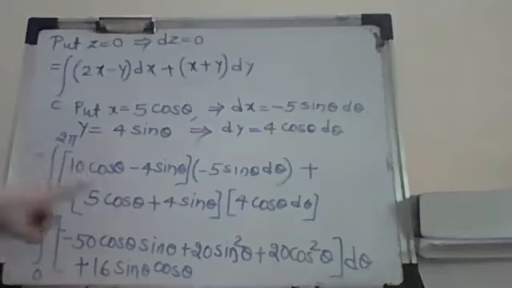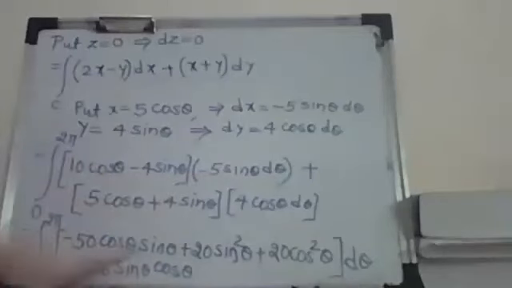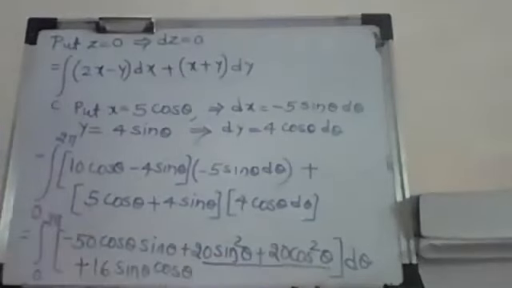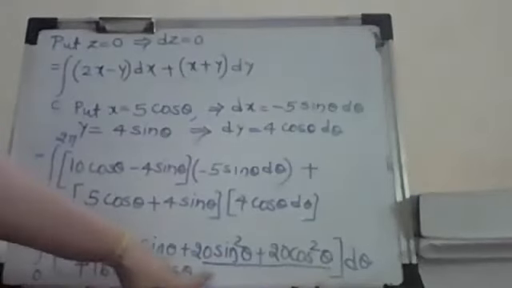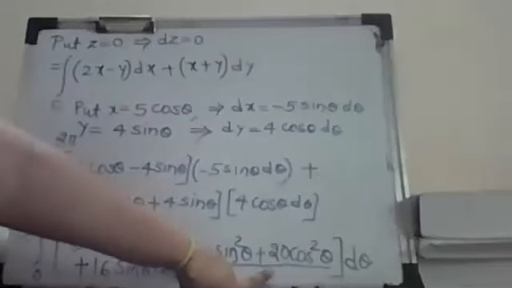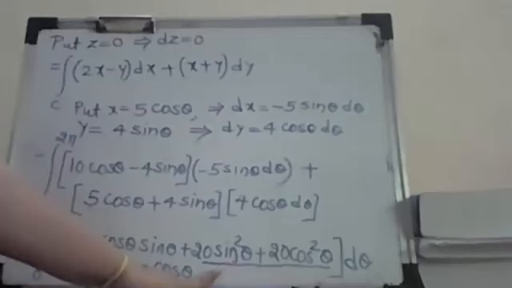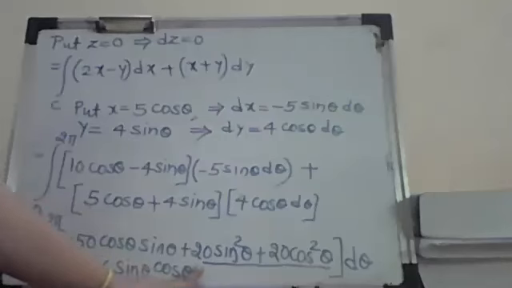Okay. So this will be in terms of cos theta, and then simplify this. So what I have done is I have multiplied it and I have written it. Now you can see here the nice observation. Here it is 20 sine square theta plus 20 cos square theta. If you take out 20 outside, this is cos square plus sine square, which is 1. Cos square theta plus sine square theta is going to be 1. So I'll get this value as 20.